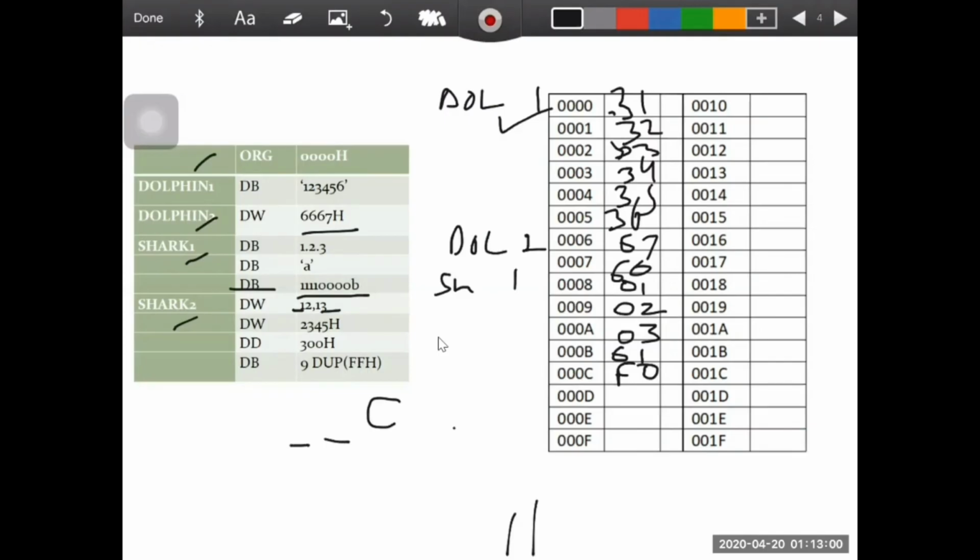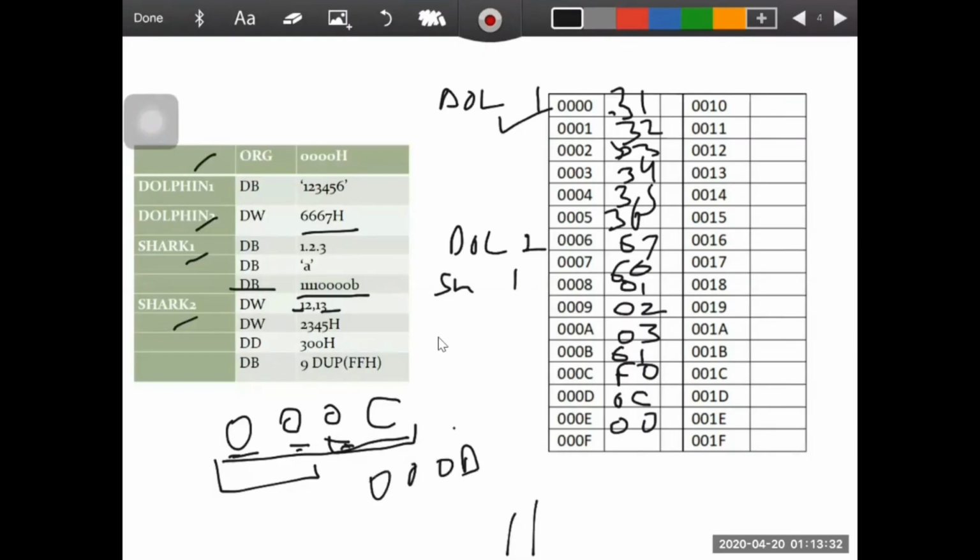So the remaining locations are left to fill with 0, 0. So this is one word. As per little endian format, we have to put the lower byte, then the higher byte. So here 0C, 0, 0. Right. After that, 13 is D. Similarly, here it will come 0D and 0, 0. Clear?